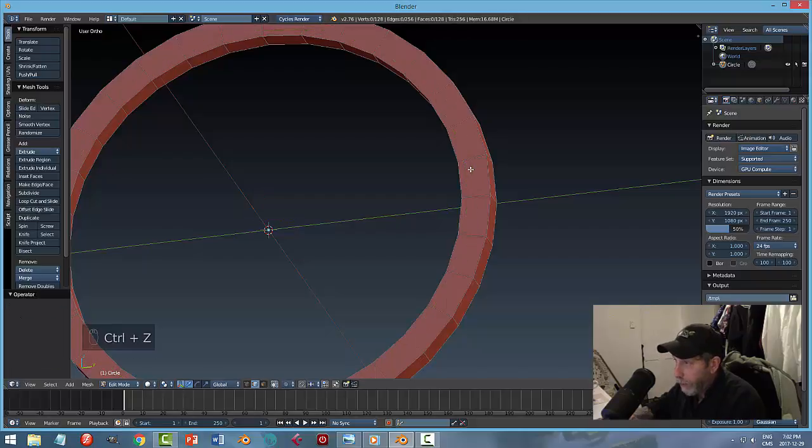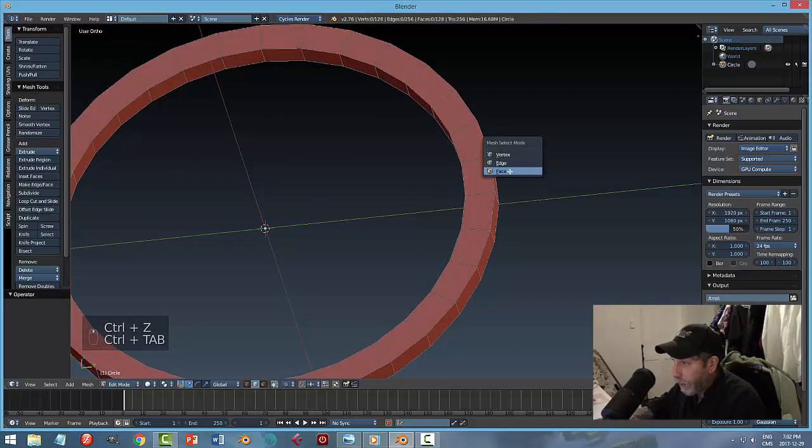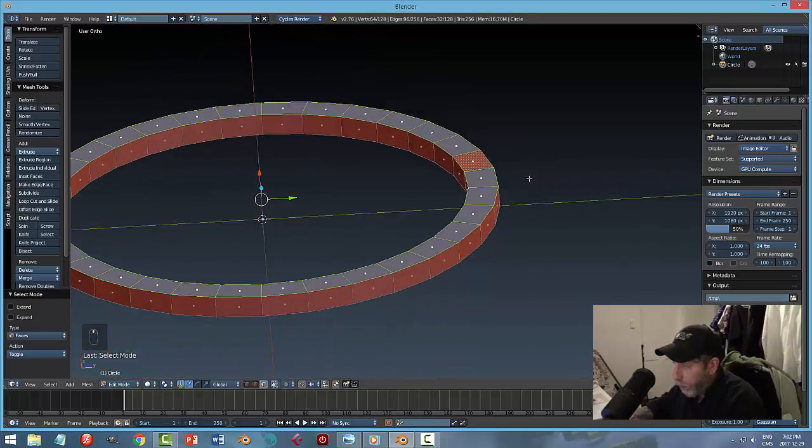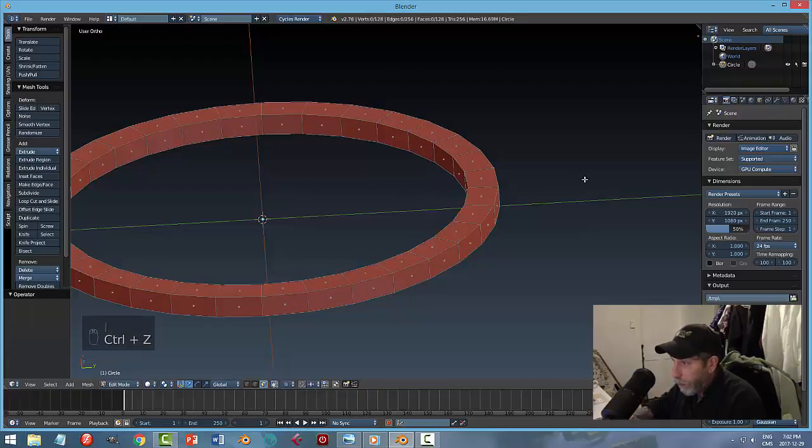No, let's try it another way. Let's select all those polys. Let's try it this way, the inset. Okay, so what I'm going to do here is I want the distance between both sides the same,